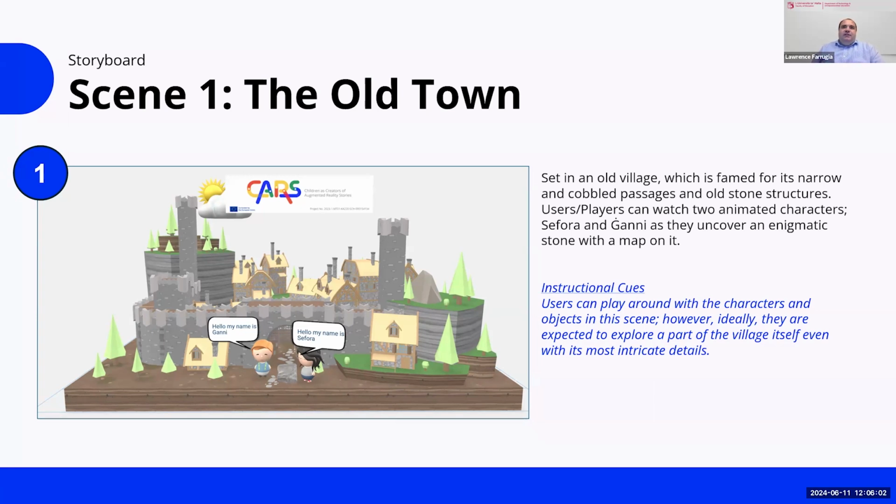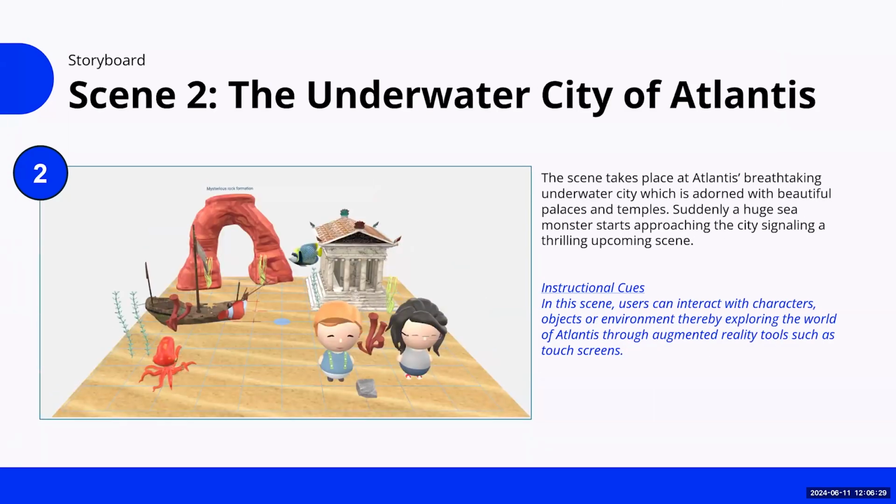So in this first scene, we have our 2 characters who are located outside an old town. The users in this augmented reality scene will be able to explore this old town, but they will also be interacting with a stone which is located between Johnny and Sephora, and this stone will reveal something, which is in fact a hidden map. This will take us to the second scene, which takes place in a completely different realm,